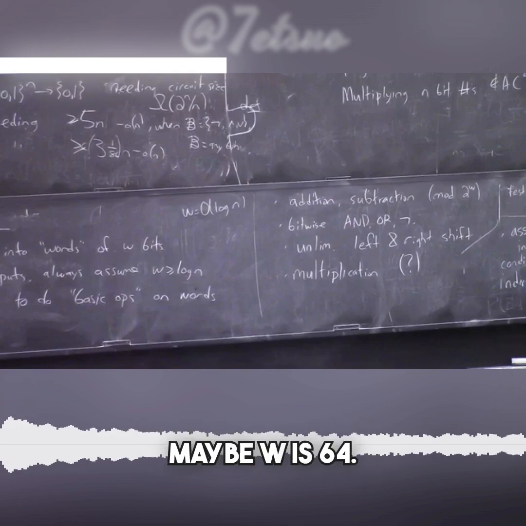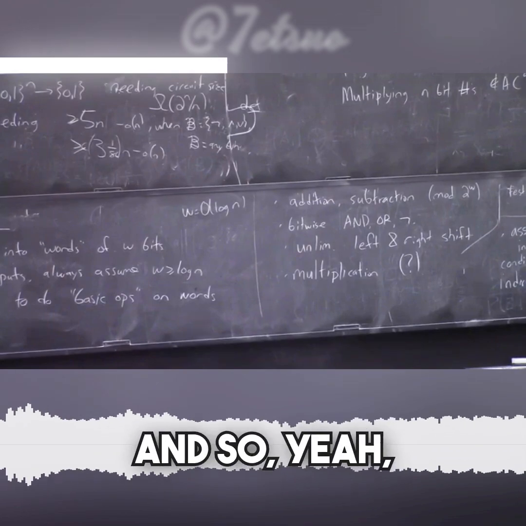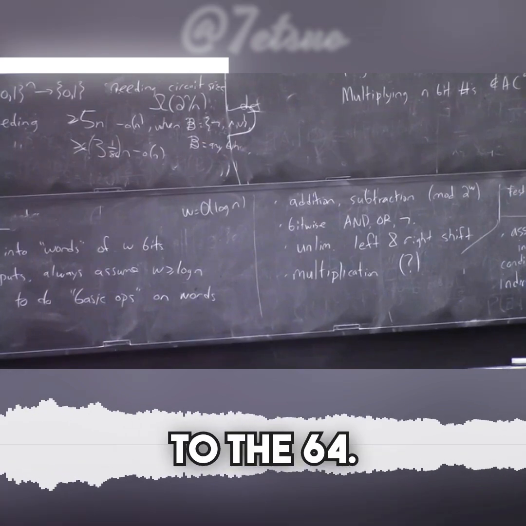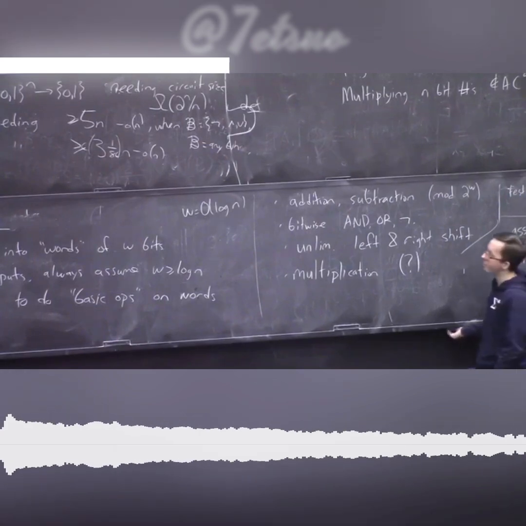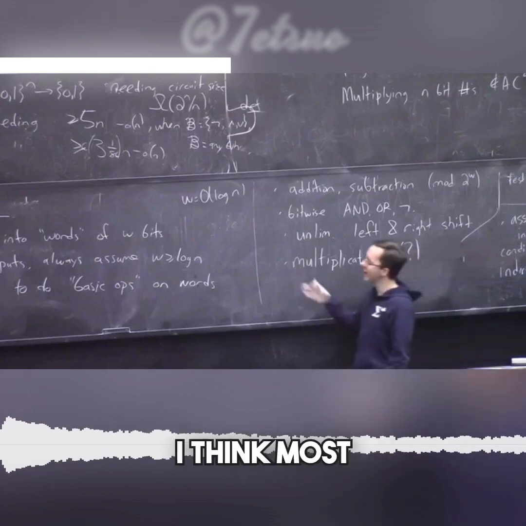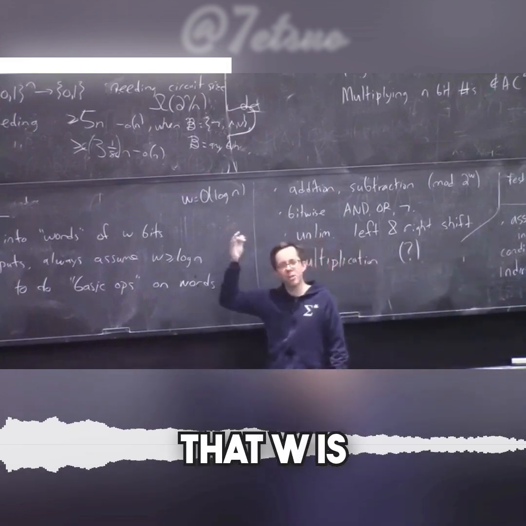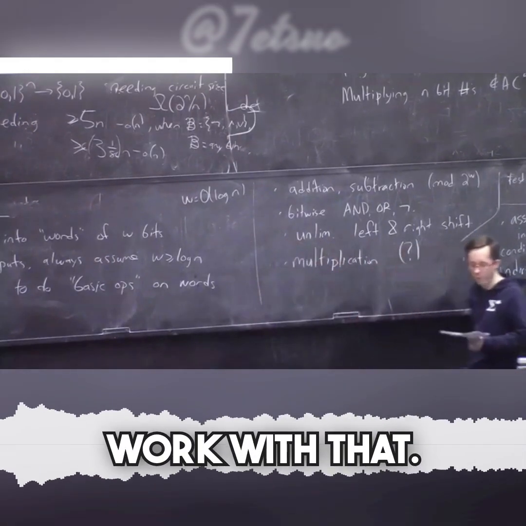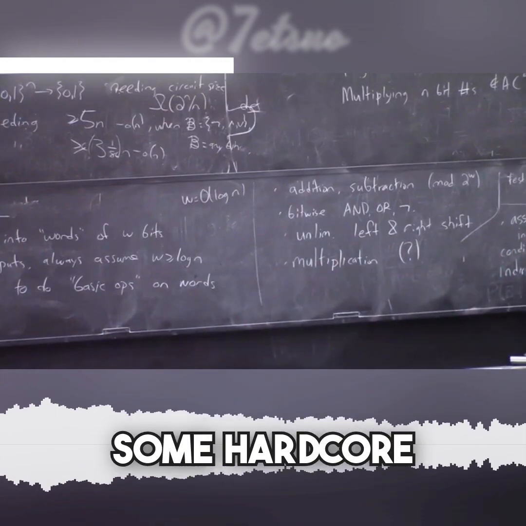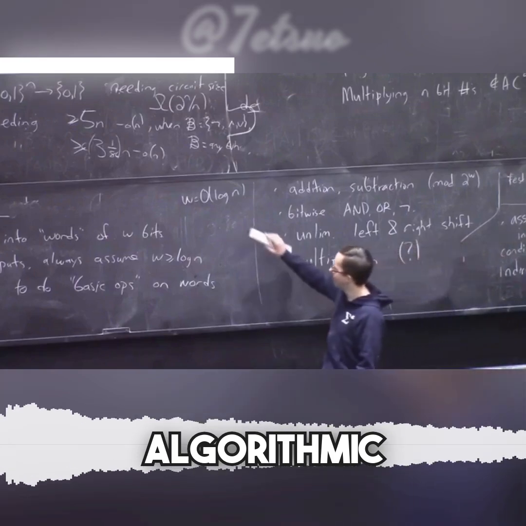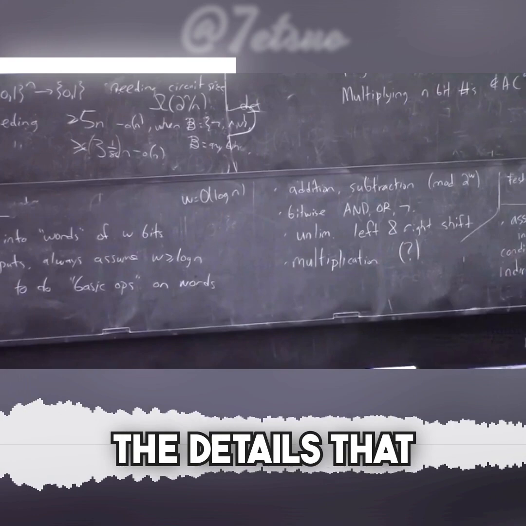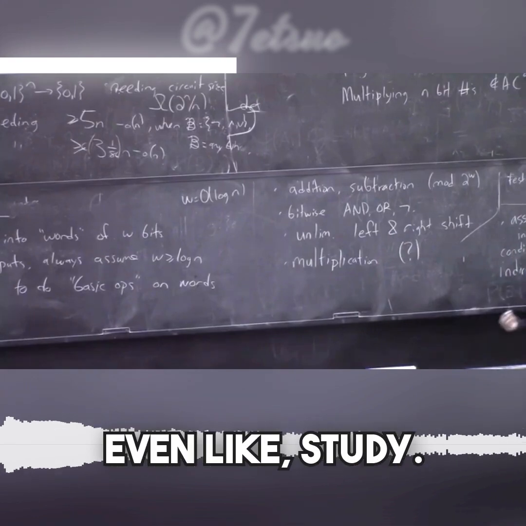You know, in real life, maybe w is 64. And so n is going to be some number that's at most 2 to the 64. So, yeah. I think most people kind of vaguely assume that w is proportional to log n, and they mainly work with that. There are some hardcore algorithmic lovers, people who love algorithms and all the details, that even study,